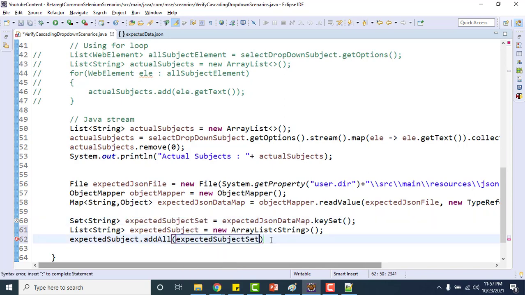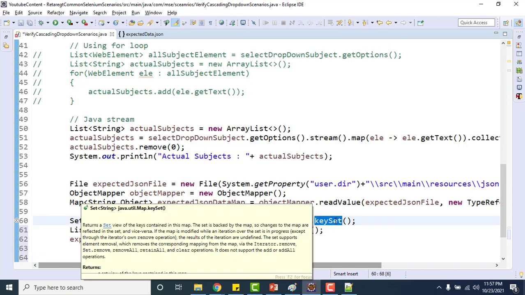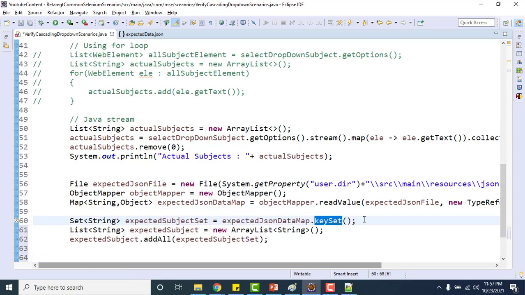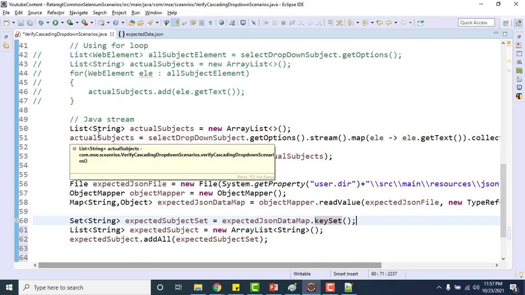This is going to be a long video, but you need to stay with me so that you can learn the concept, and I am trying to cover all the basic details as well. So what I did, I got the key set. The keySet method returns a set of string. Since I want to assert it with a list of string, we cannot compare it directly.